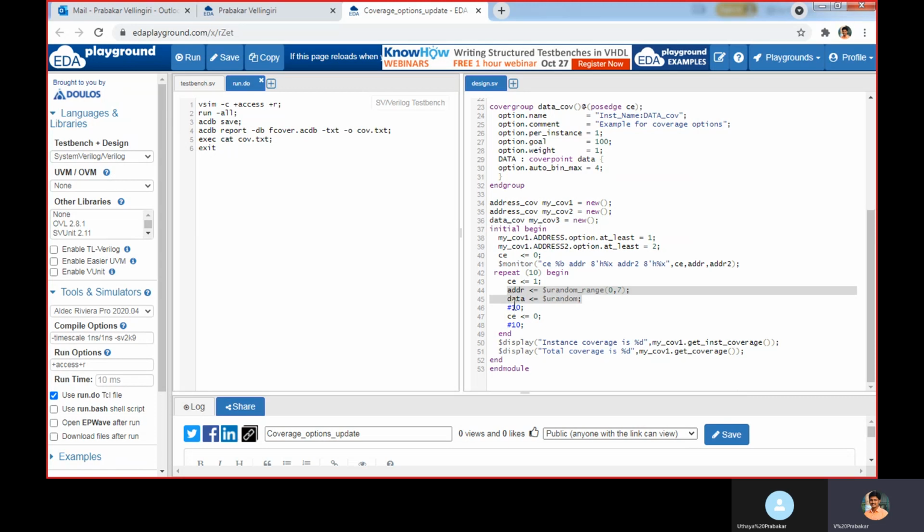Then after 10 time units, make CE as 0. This is repeated 10 times. After that, I display the instance coverage with the help of the get_inst_coverage method, and total coverage with the help of the get_coverage method. Now I will run this.